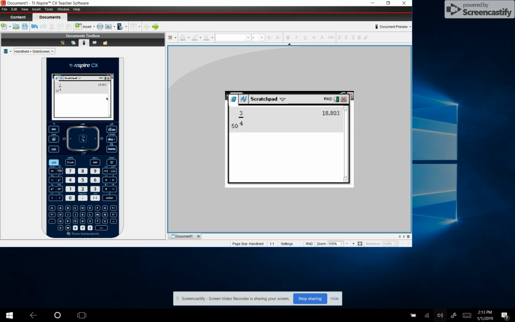But I'll do it again just to show you the steps. So we do 50, and then we hit our caret key, which is our exponent. And then we're going to do our fraction key, which is done by control divide. We put a 3 on top and a 4 on the bottom, and we hit enter,